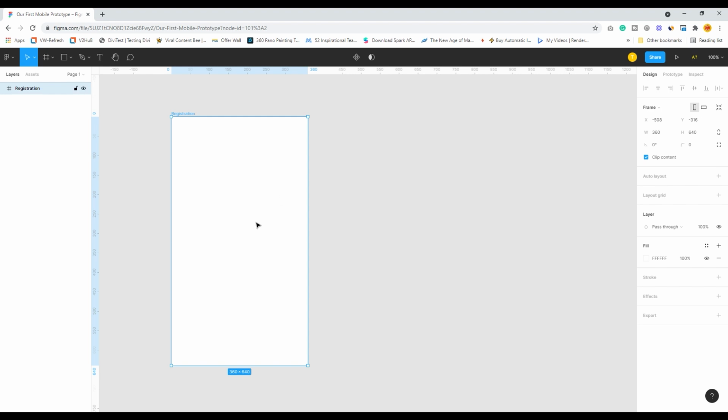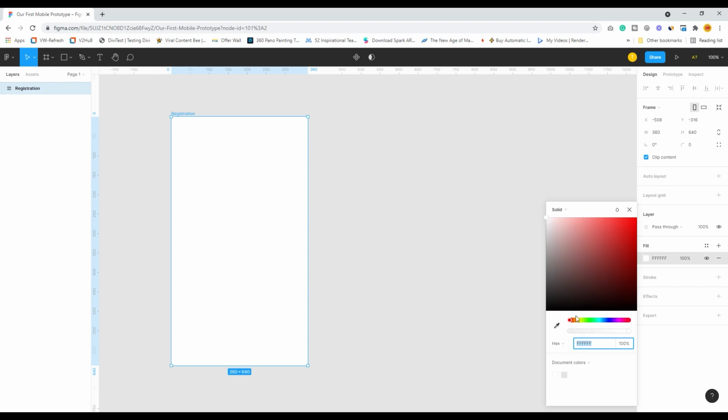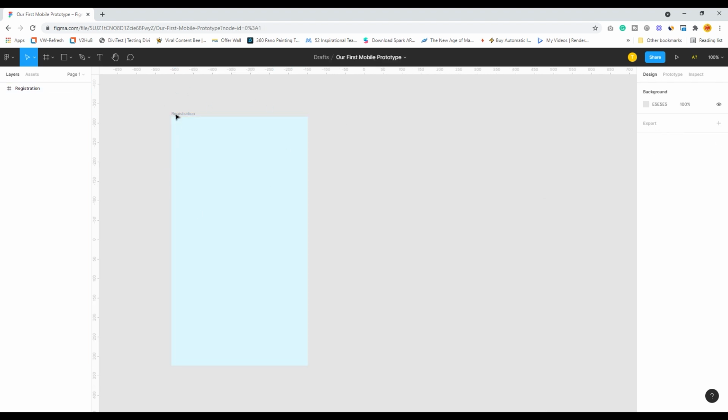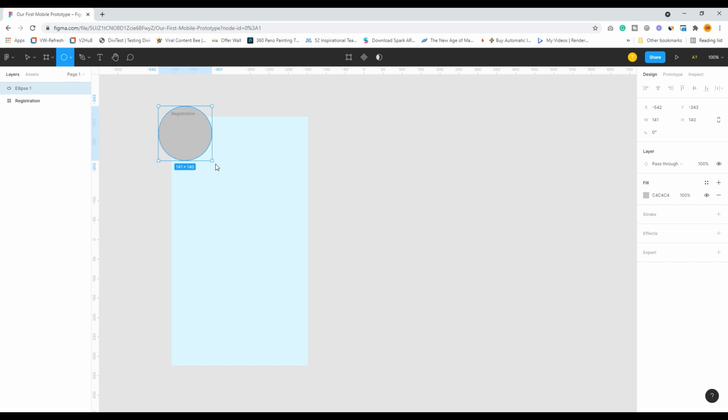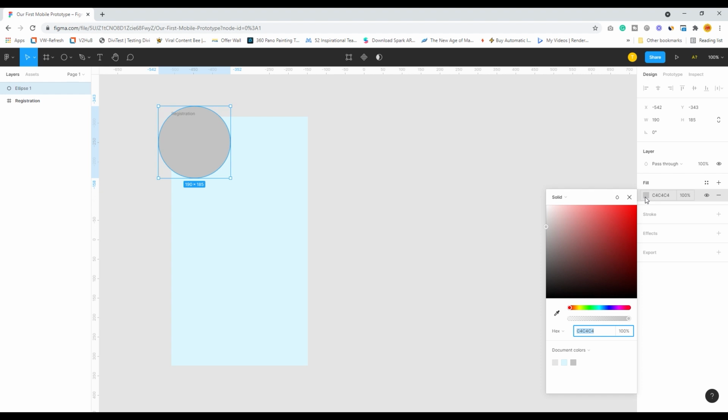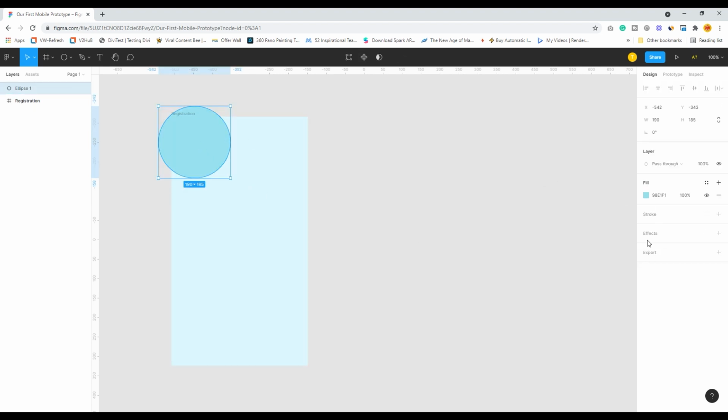So by default, let us take a background color. I click on this white, and maybe this time I will go for a light bluish sort of shade, and also we'll create some elements. Okay, so I will go and I will create an ellipse. Lovely. And I will give it a different sort of blue color. And what I will also do, I will create some special effects with it.